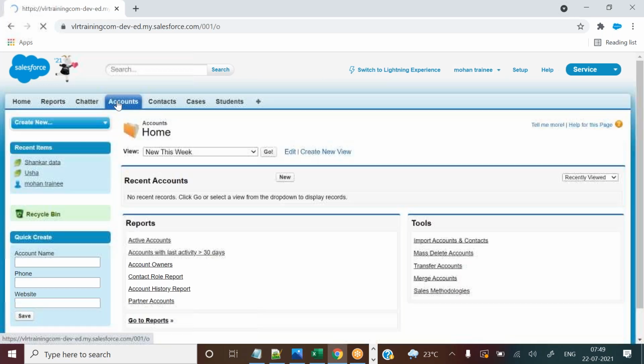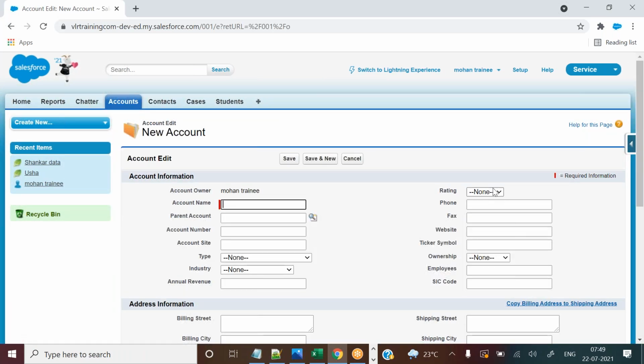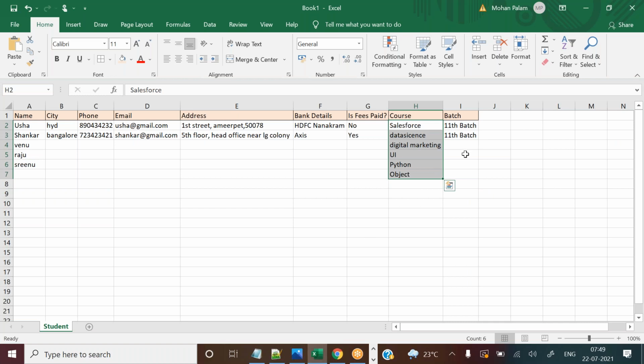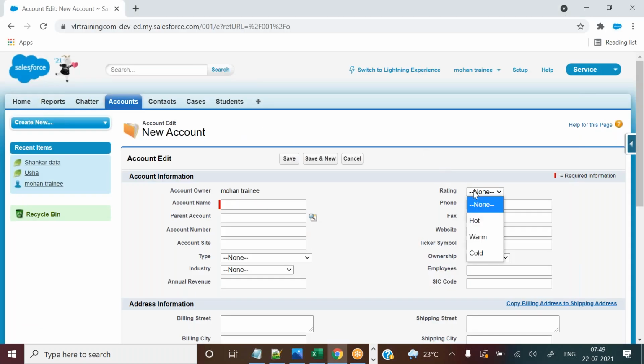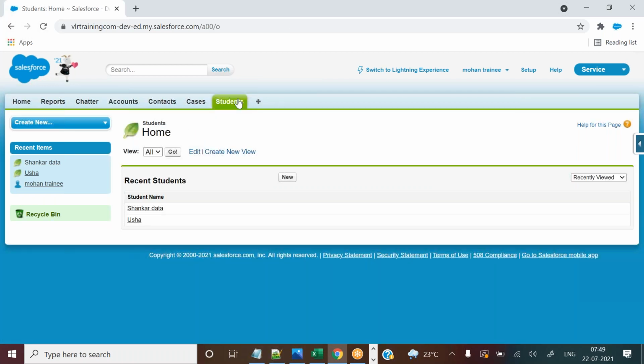Let's go to accounts, and you can see here, you are seeing Red, Hot, Warm, like this. So this kind of field I need to create, because in this option I need to display Salesforce, data science, digital marketing, UiPath, all these options. So that means this kind of data type field I need to create. What is the data type of that field?